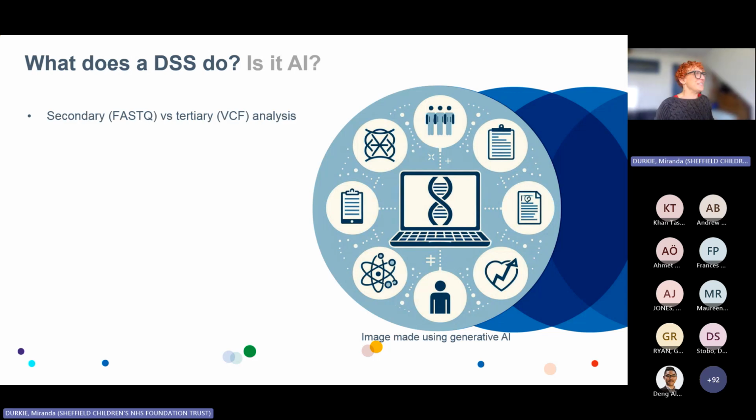So, sorry, bit of an aside, but yes, in general, with a DSS, you tend to have two options. You can either do secondary analysis or tertiary analysis. The majority do both, but some are a bit more limited to the tertiary. So the secondary analysis means that you take your raw sequence data files and you are running it